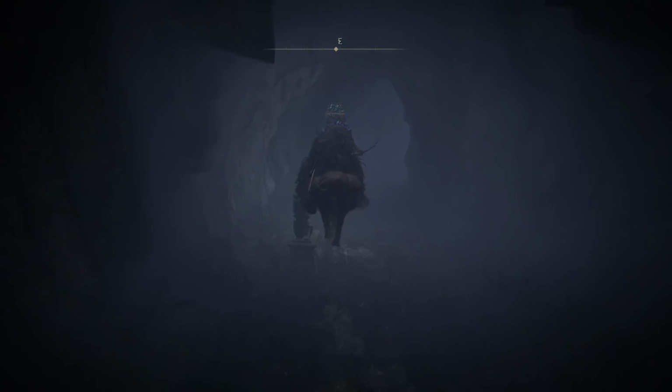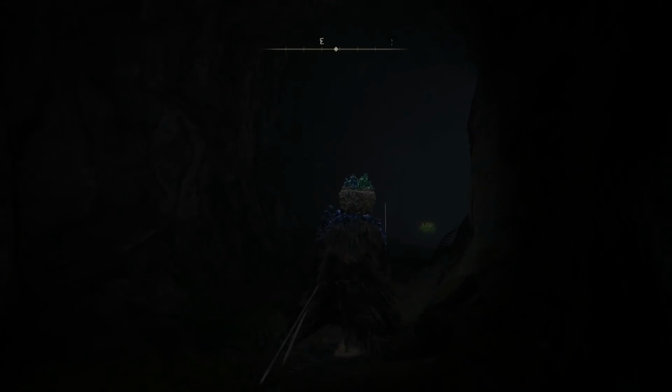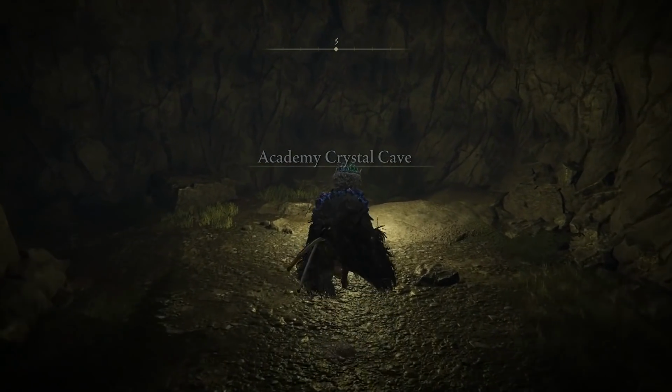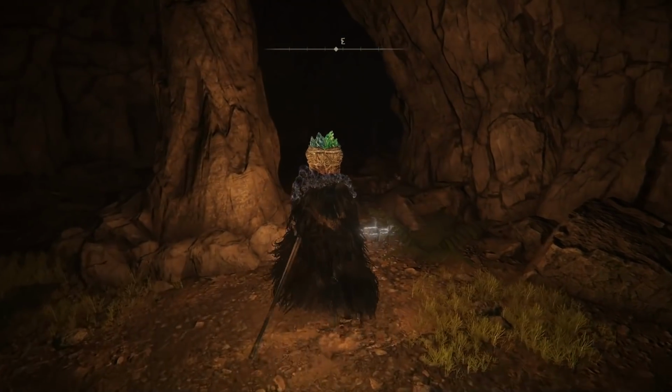You'll see the entrance to the cave here. So pop your Stone Sword keys in. I'm not entirely sure if it's 1 or 2. But when you get into this cave, there's a Site of Grace here. From the Site of Grace, what you're going to do is, if we pop our lantern on, you're going to